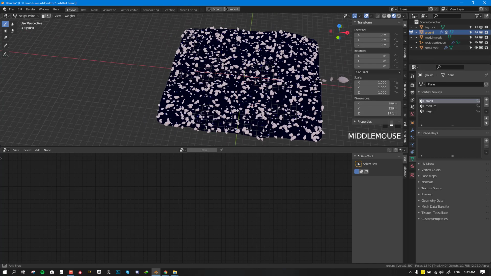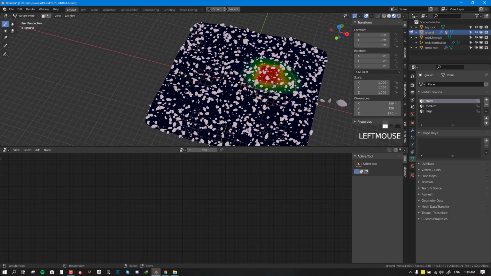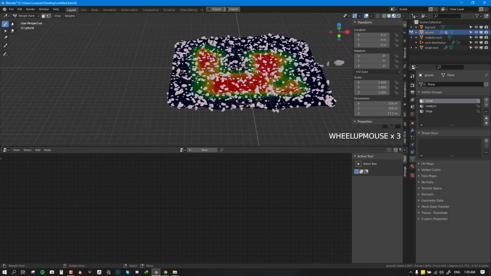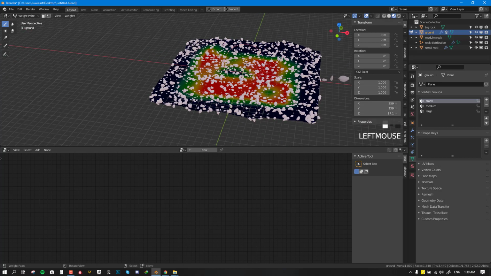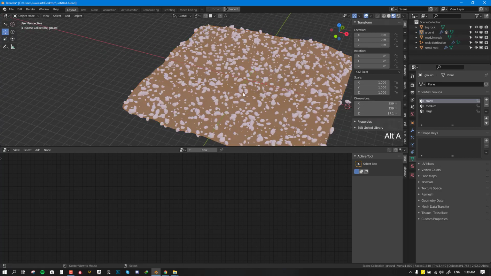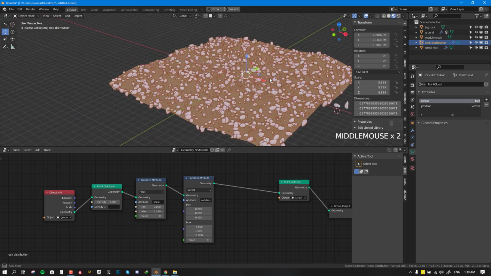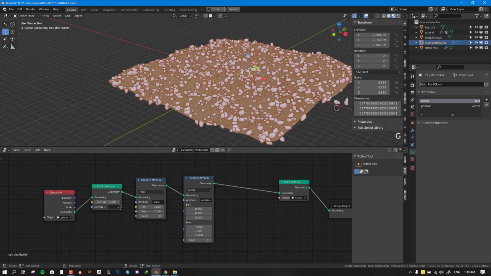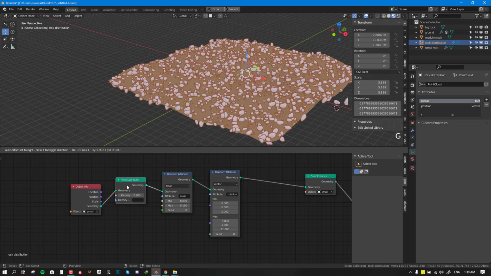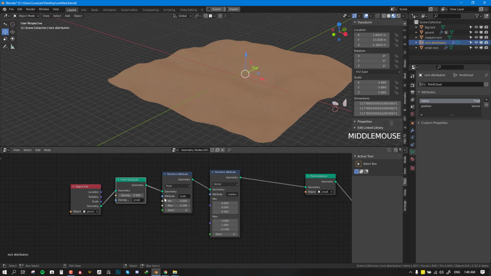So for the small, we just paint in where we want the small rocks to be generated. So we want it to be generated along the middle point. Okay, so once we have that, we can now select the point cloud, and here where it says point distribution, this is where we can write it. So we just need to write small there. Okay,